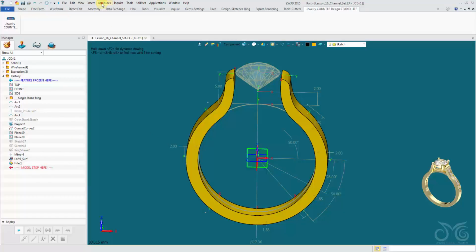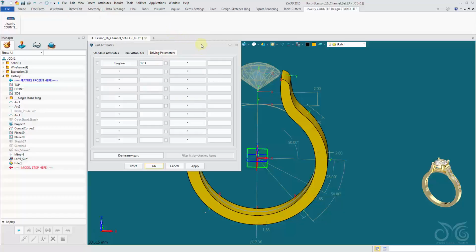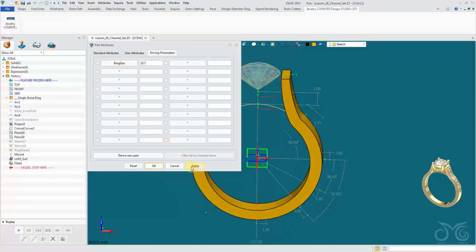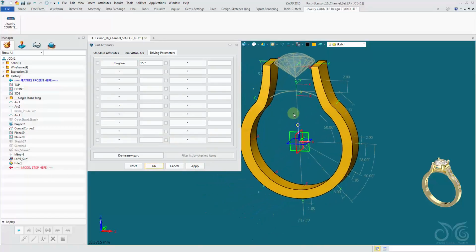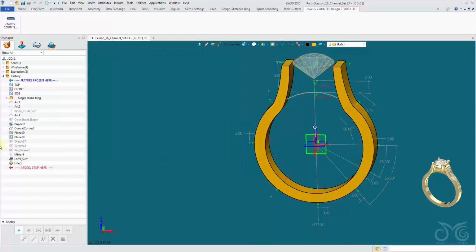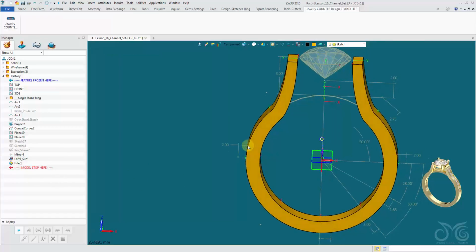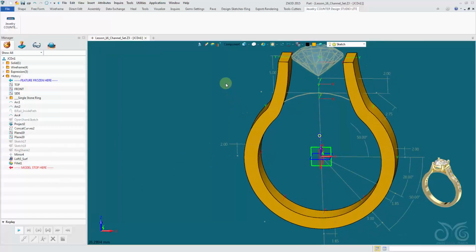So let me first of all change a parameter. The only parameter we have is ring size. So let's change this. We'll make it a 15.7 millimeter diameter. That's a US size 5. Apply. Okay, you can see our ring shank updated to the ring size 5. It's thrown off a little bit here, our fillet hasn't come in, but we won't worry about that now. So if I exit back out into my part level,